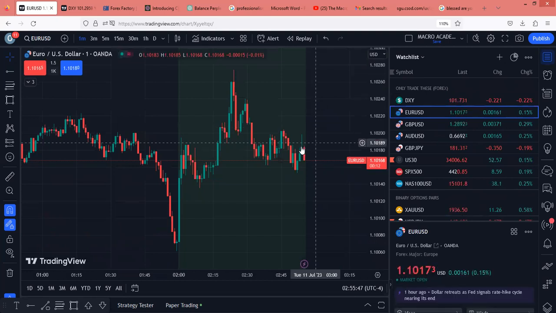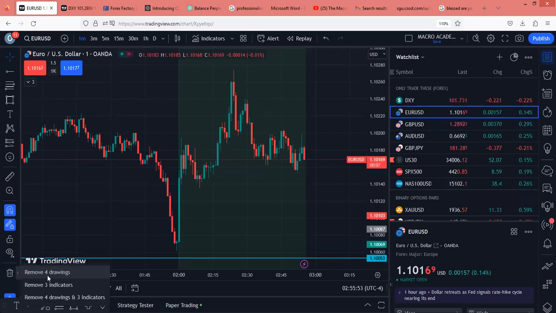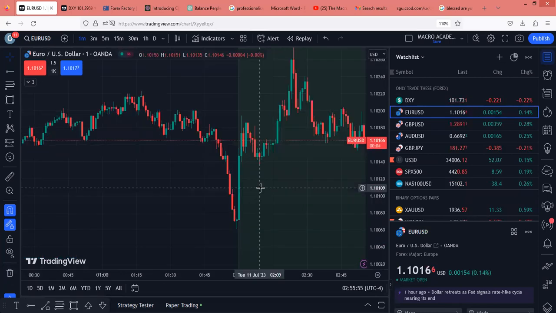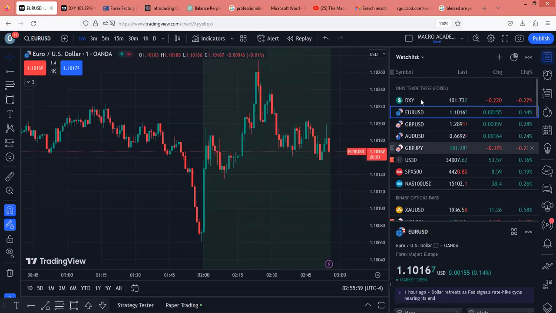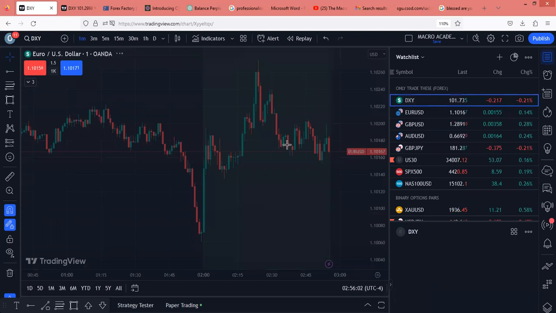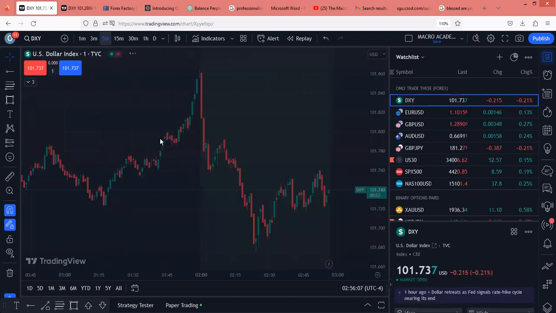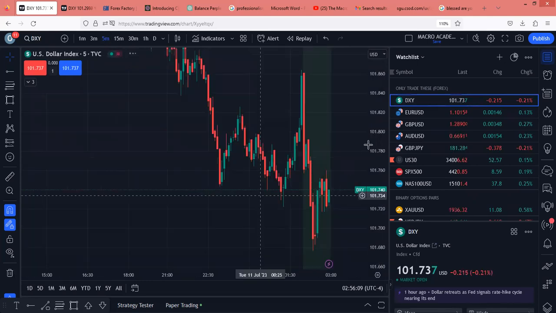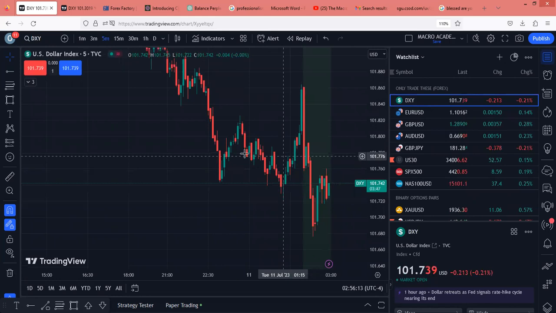So, yeah, this would be a good sell opportunity actually. But let me see where the new day opening gap is. I haven't checked out the new day opening gap for Euro USD. How do I check it for currency pairs? I'm about to give you guys some little juice, some little insight. So for currency pairs, I come and check where the new day opening gap is for the DXY, and it was